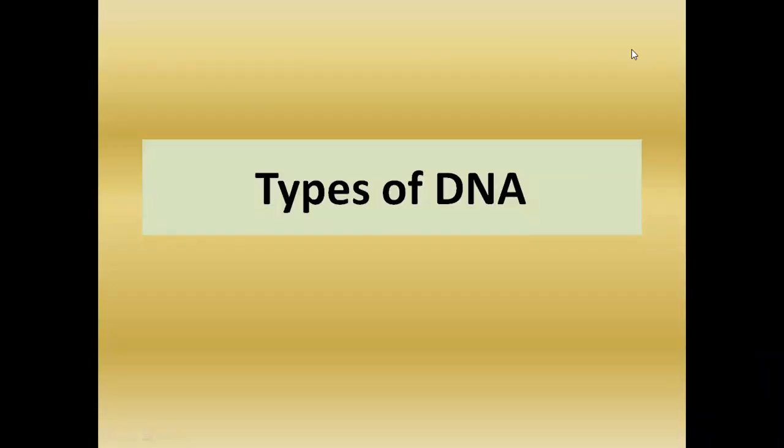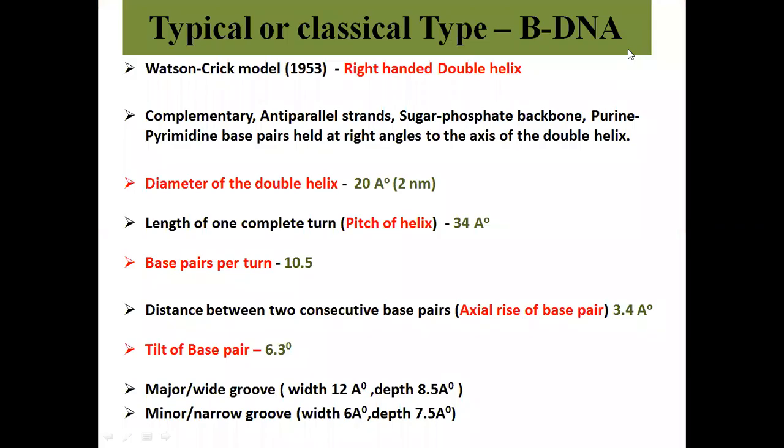In this video class, we will discuss different forms of DNA. Our previous class was about the double helical form of DNA proposed by Nobel laureates Watson and Crick. I hope all of you have watched that, and if you have any doubts regarding that, please ask. Okay. Then I said in the previous class this typical or classical type of double helical model is known